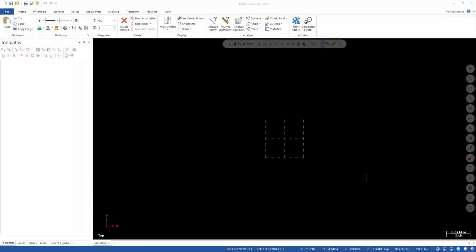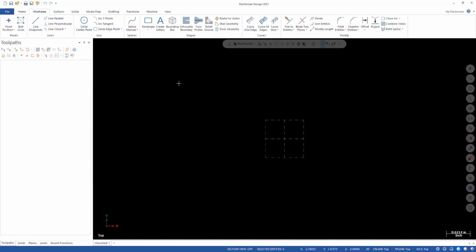What I'm going to be doing is creating 2D wireframe geometry, and it's going to be a rectangle. It's going to be a two-dimensional representation of the part that we took a look at in the PowerPoint presentation that had the slot cut right through the center of it. So I'm going to go over to my wireframe tab here. And the first thing that I'm going to do is utilize the rectangle command or the rectangle